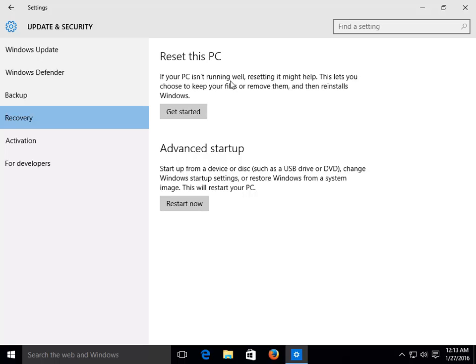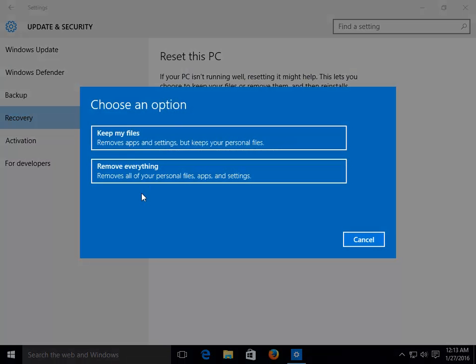If your PC isn't running well, resetting it might help. This lets you choose to keep your files or remove them, and then reinstalls Windows. So you get the option to keep your files and settings. Okay, so let's get started here. Press that. So you have an option here now, keep my files, removes apps